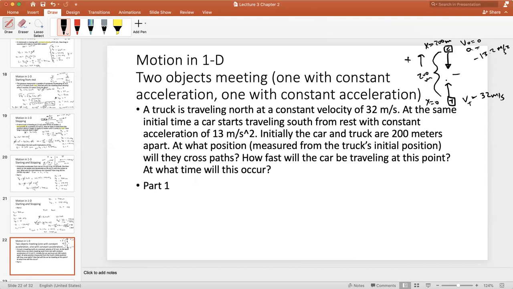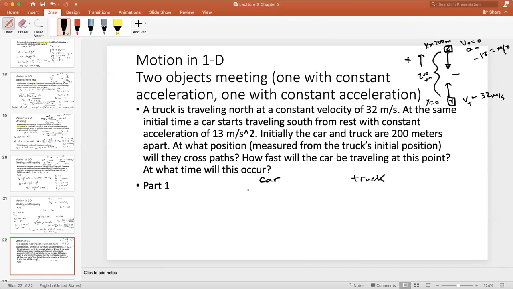We don't know where, we don't know when. We're going to find out when. So one car starting from rest and accelerating with constant acceleration, one truck moving with constant velocity and no acceleration. When do they meet? So how we do this is we write for the car and we write for the truck,